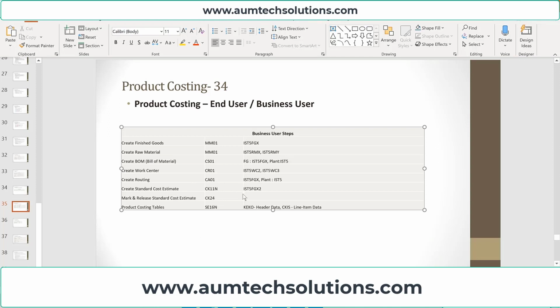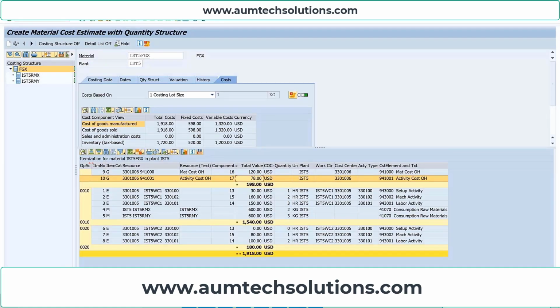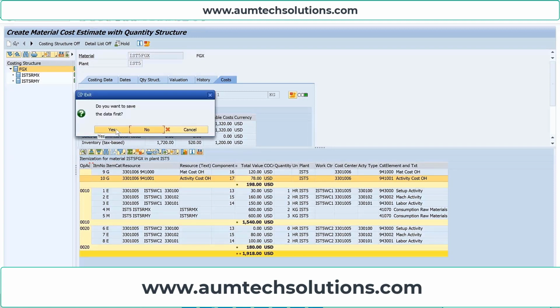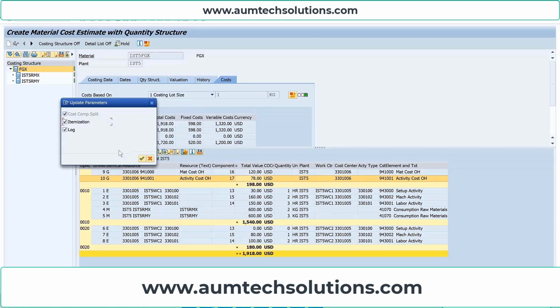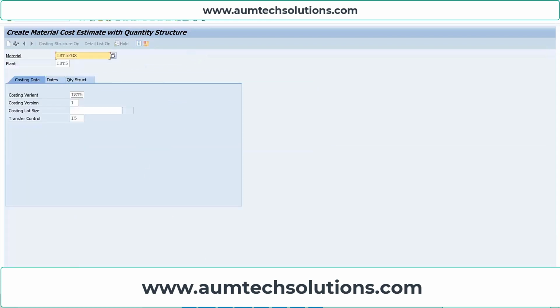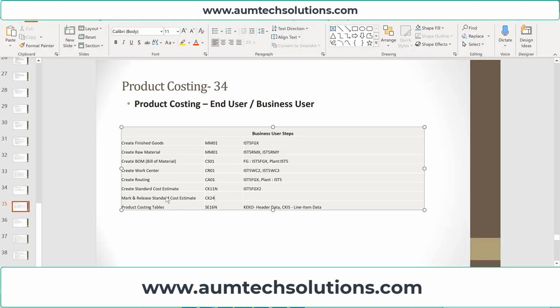So now we have created the standard cost estimate. The next step is to mark and release the standard cost estimate. So to mark and release standard cost estimate, the transaction code is CK24.